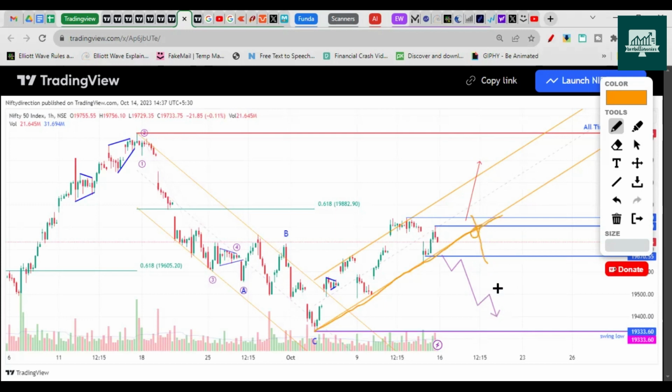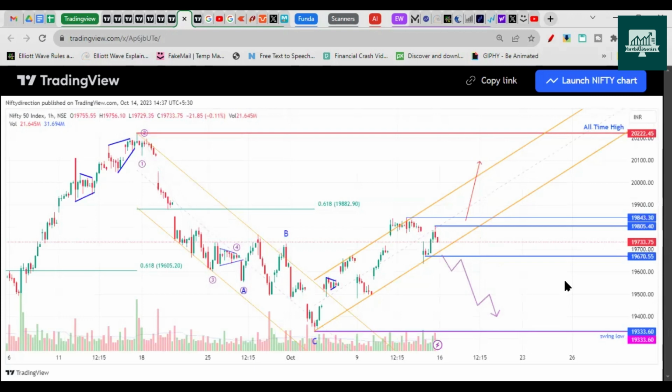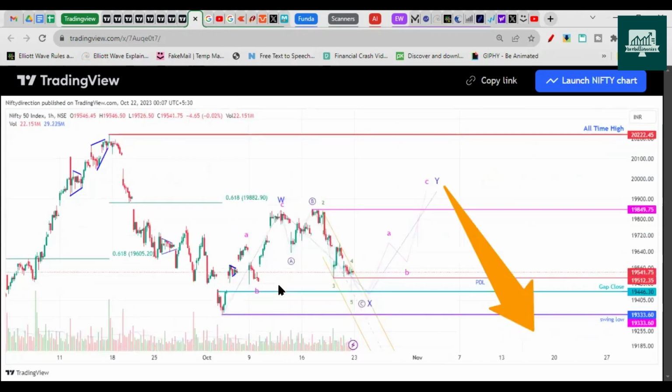So this way also one can trade. Maybe if you have traded well and good, and if you didn't, the stop loss would have been hit, right? So that's the part of the game. We have to stay in the game and we have to try to capture the bigger move. If you consider the move is going against you, immediately press the exit button, right? So that's the idea.